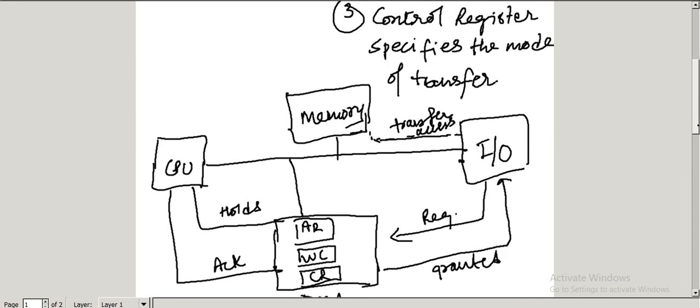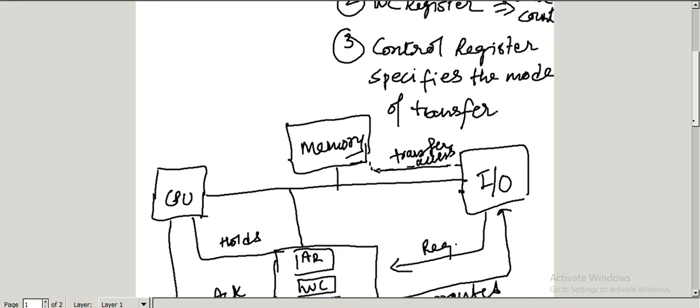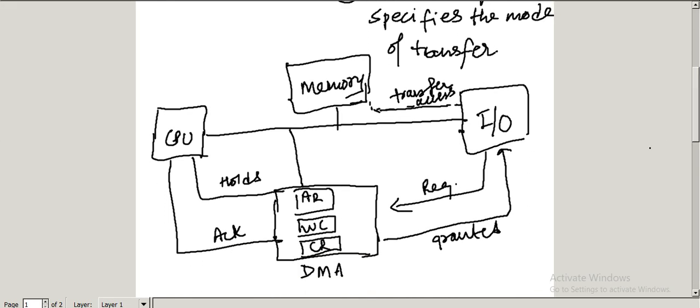Okay, so let me repeat the role of these three registers, so you cannot forget about this. So the address register has the address where we have to access, or what we have to access in the memory. So this is the address. Then a word count register, it means how many words. The word count register holds the number of words to be transferred. So what is the size of that